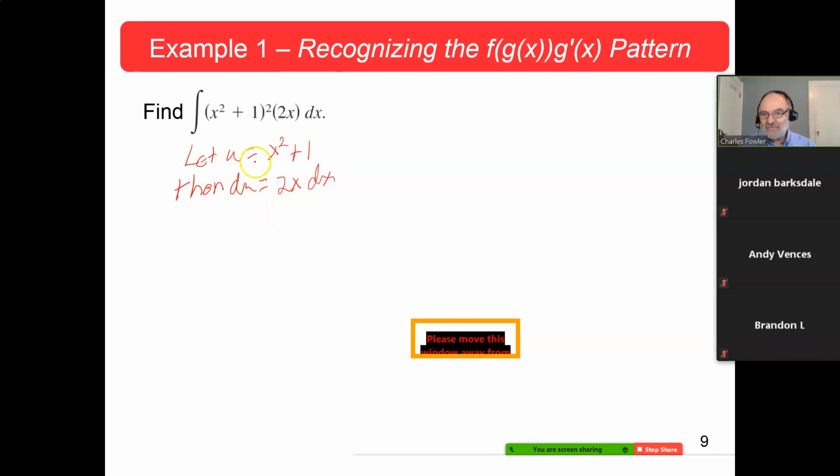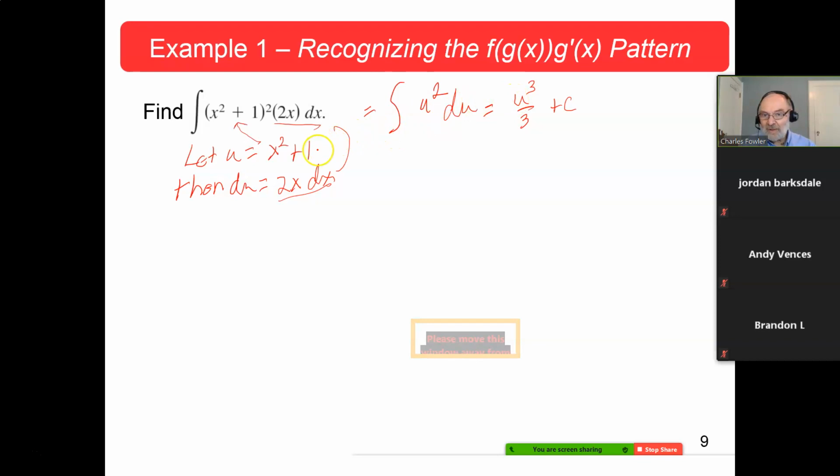Now the magic happens. Here is your u right there, and here is your du right there. So you can rewrite this integral as the integral of u squared, because you see this thing here is squared, du. Well, I think I can do that one. What's the antiderivative of u squared? Perfect. Okay. Plus c. Don't forget, it's an indefinite integral.